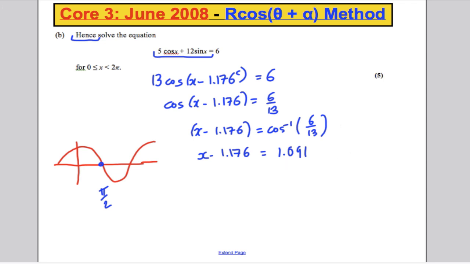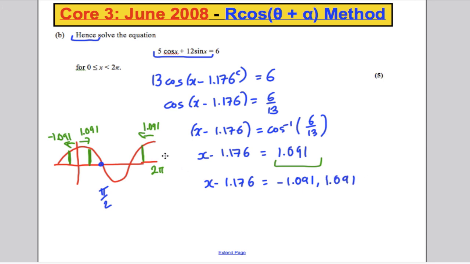So therefore 1.091 is somewhere here. Okay, so 1.091. There may be another answer over here. That's 1.091. So there may be another answer here, back 1.091 from 2 pi. And there's going to be another answer here at negative 1.091. Okay, so therefore the different answers we've got, x subtract 1.176 is the following. It's negative 1.091, it's positive 1.091, and it's going to be this value here, which is 2 pi, subtract 1.091, which would be